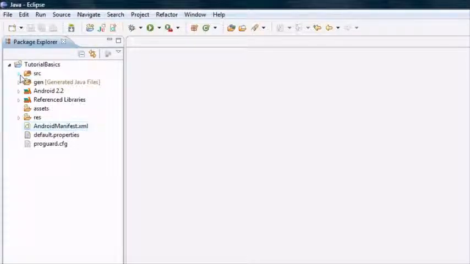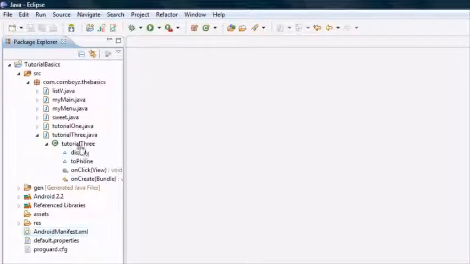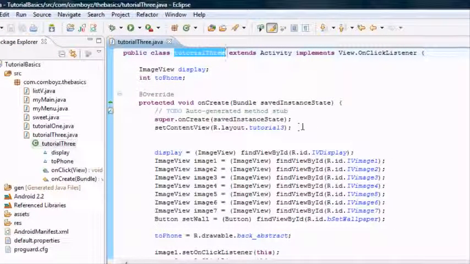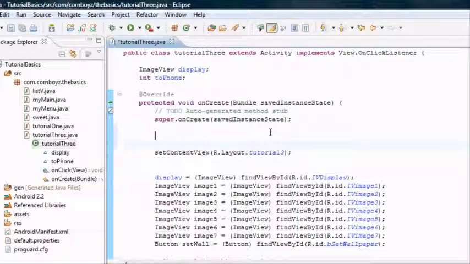And now what we want to do is set that same app up to be full screen. So we're going to open up our tutorial 3, and before the set content view, we're going to set up a few more functions here, and this is to get full screen. What we need to do is request the window feature, and this is going to basically get rid of that title that we had. So we need to first hit request window feature,